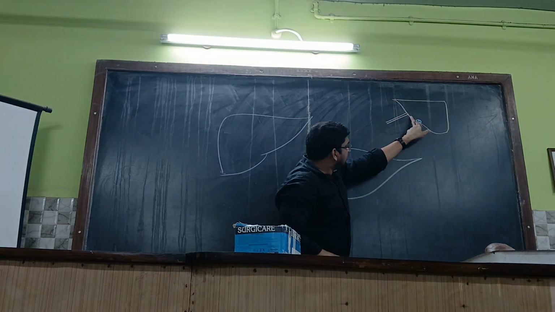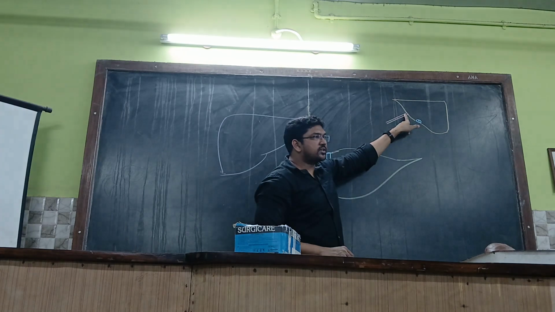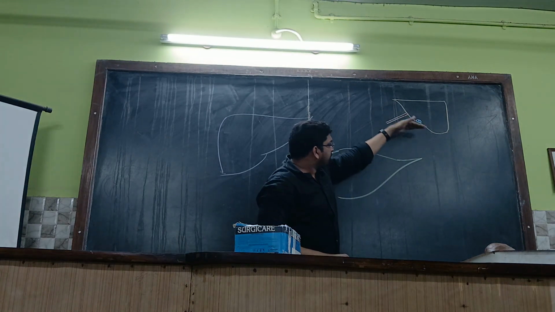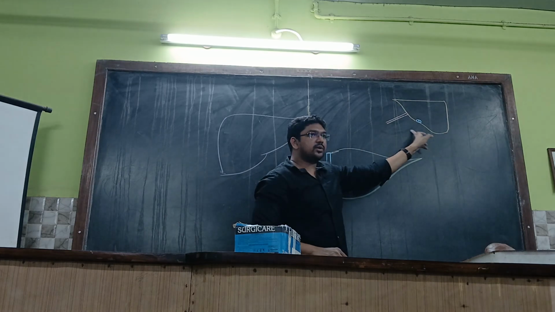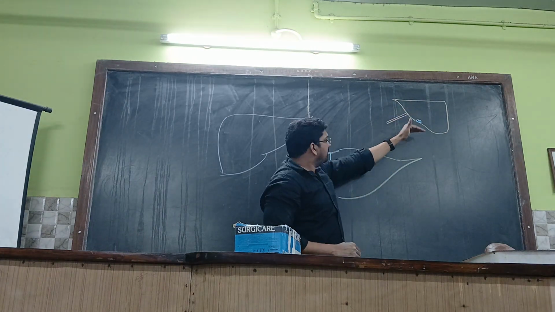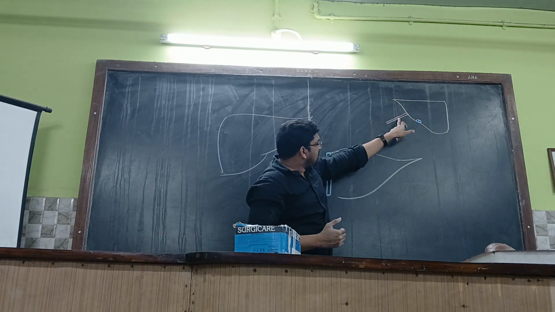Above, it is situated nothing but the caudate lobe. In between the inferior vena cava and this fissure for ligamentum venosum, there is the caudate lobe. So imagine the caudate lobe over here. Here will be the intestine passing, nothing but the duodenum. So above it is bounded by the caudate lobe, below by the first part of the duodenum, that means roof and floor, and in front will be